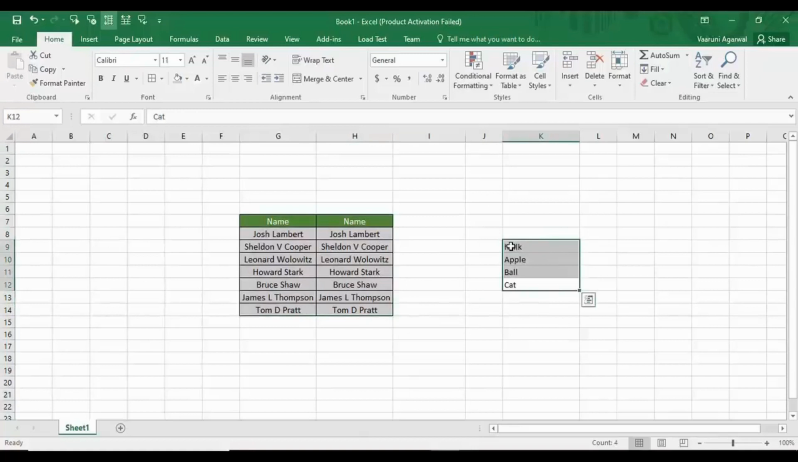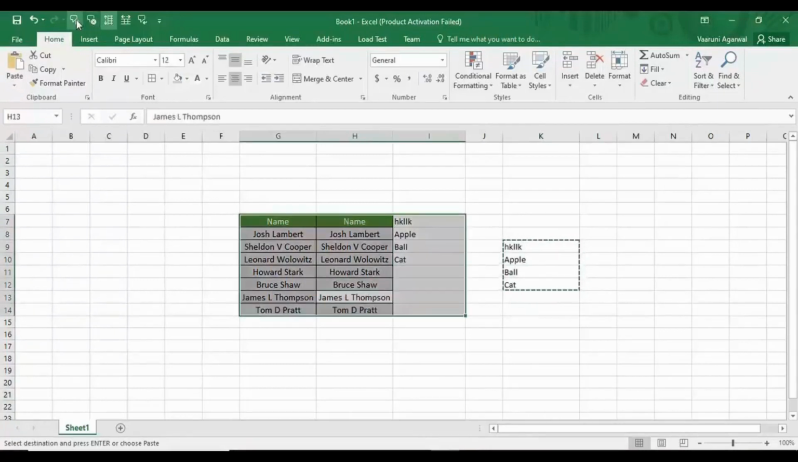So if you want to do that, you can just copy them from here and paste them over here. Now if you move your cursor over here and click on speak cells,